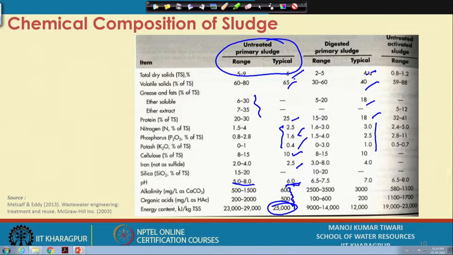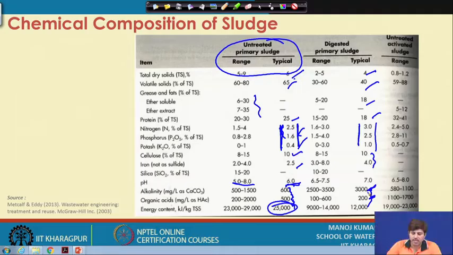So, those solids will be converted to nitrogen, phosphorus, those kind of things. So, these concentrations increase that way as opposed to the undigested sludge. Many things more or less remain the same though, and there might be an increase in the alkalinity, and we may lose organic acids because organic acids are digested. The energy content of the sludge will also reduce because we are reducing the organic mass, and part of this is escaping as a gas. So, that is why the digested sludge will have lesser energy potential.